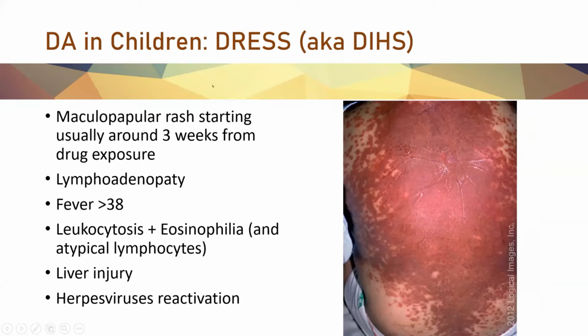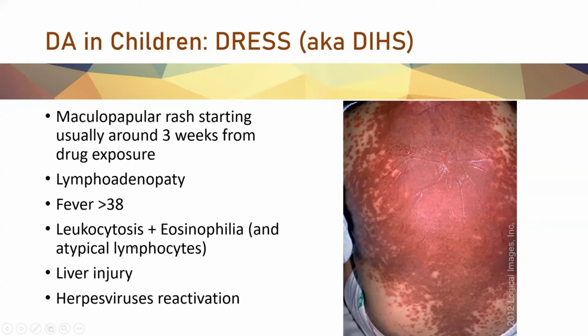So among the severe drug hypersensitivity reactions, not immediate, so delayed, there is the DRESS. So the drug reaction with eosinophilia and systemic symptoms. It starts usually with a maculopapular rash. So at the very beginning, the very first stages can be difficult to differentiate from a benign maculopapular rash, but these patients are sick. So they have node enlargement, they have fever, the rash can become confluent and with big patches of involved skin.